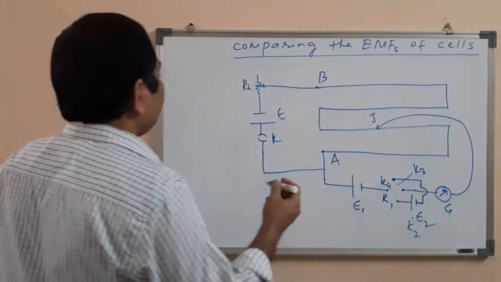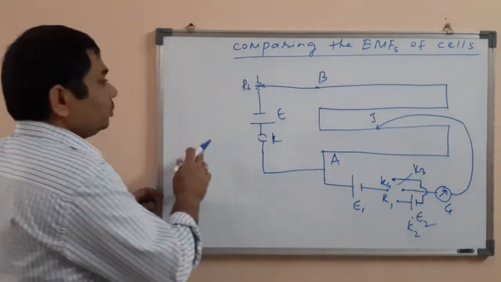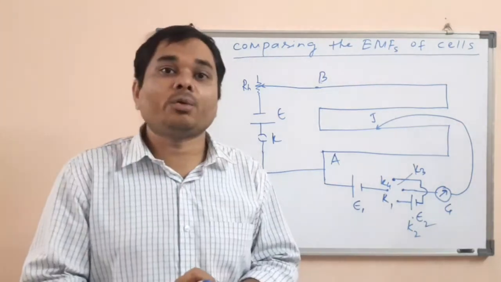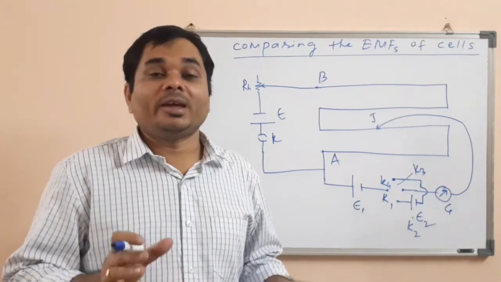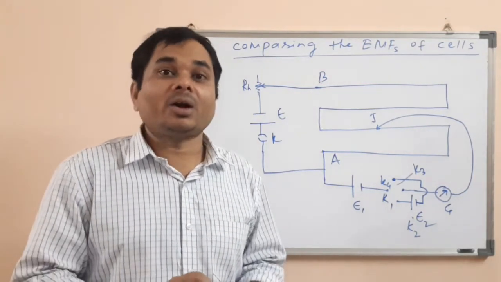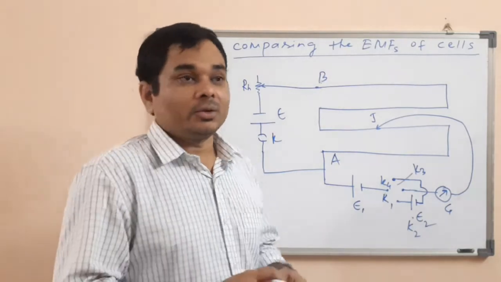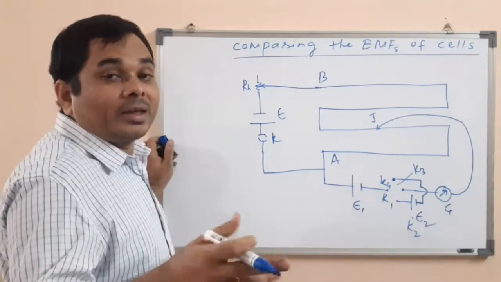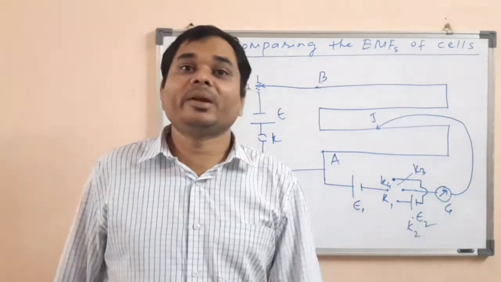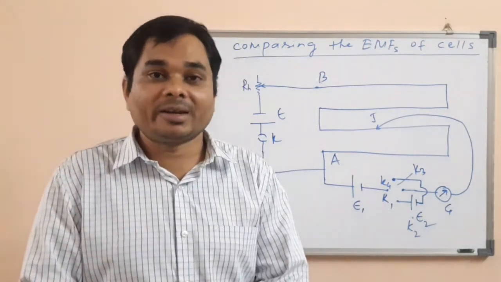अब ये जो दो cells हैं वो कैसे connect की गई है, how we have connected these two cells will determine if their EMFs are to be added or they are to be subtracted. मतलब net EMF का sum होगा या difference होगा, ये इस चीज पे depend करेगा कि हमने उनको connect कैसे कर रखा है.